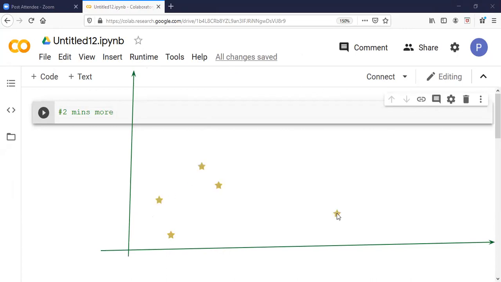This type of data is showing some sort of linearity. It will not be completely linear. If it were completely linear, we would not be required to use any regression technique. But it is showing some sort of linearity, which means as the value on the x-axis increases, y also almost increases, so we can go with a linear kind of